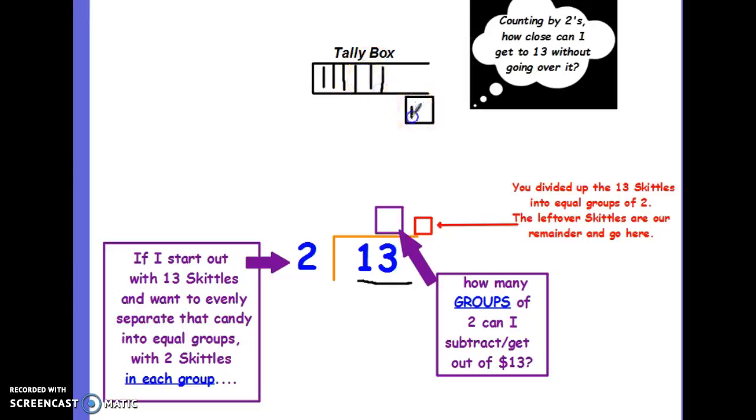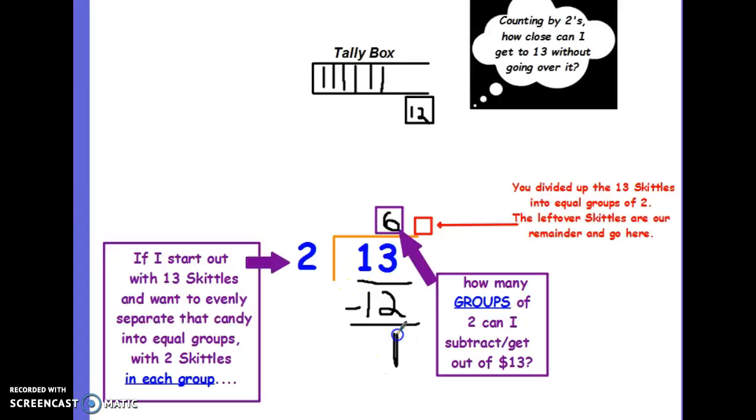I want to stop there because if I go any further, I'm promising Skittles that I don't have. If I skip count by 2 more, I'm going to get 14, and I don't have 14. I only have 13. My quotient is however many tally marks I have. 1, 2, 3, 4, 5, 6. I already wrote down what 6 times 2 is right here, and to see if I have any left over,